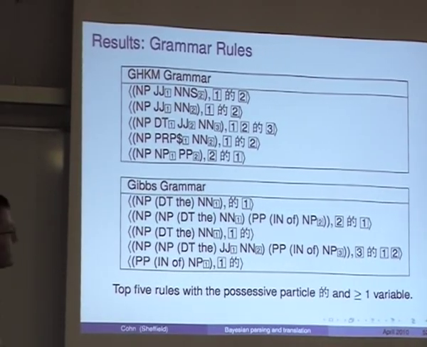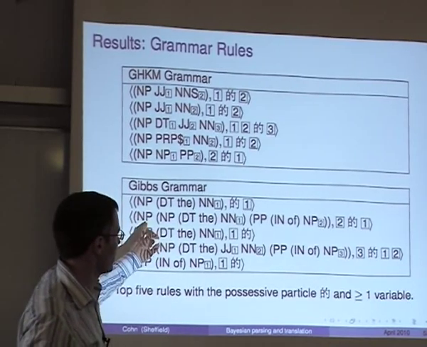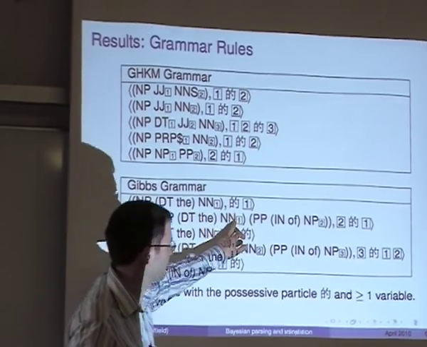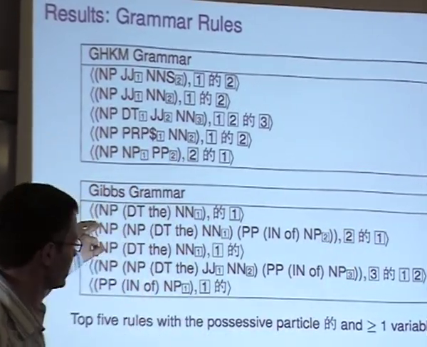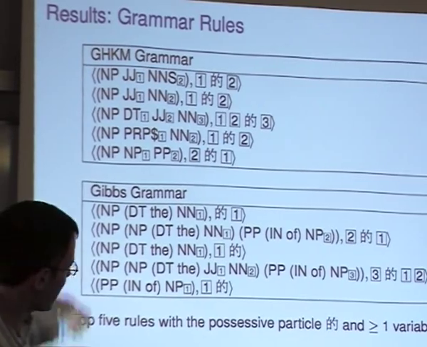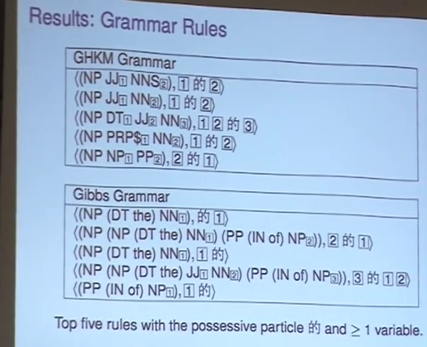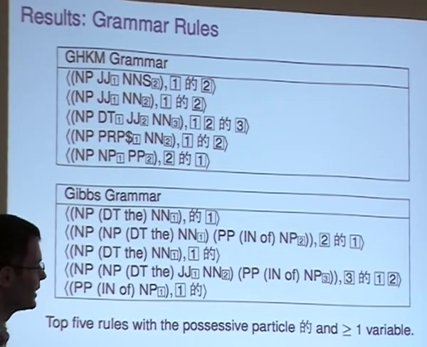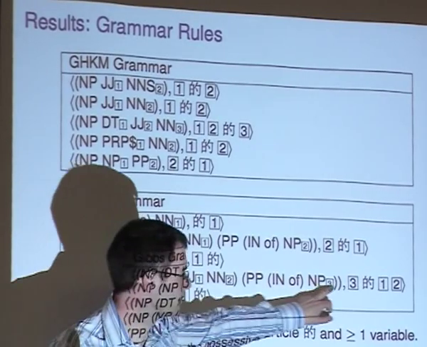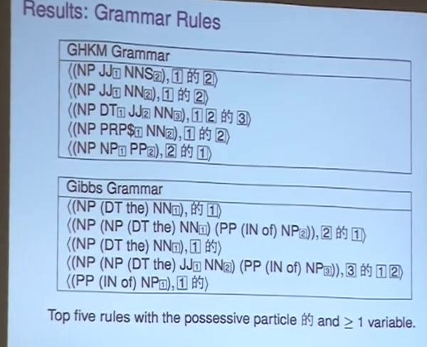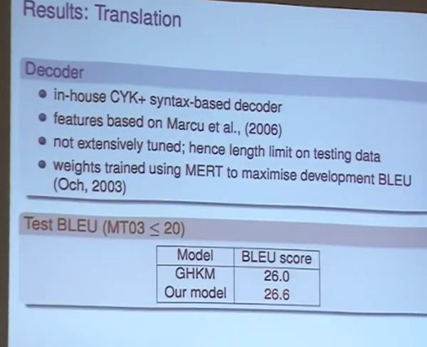When we look at what our model learns, it learns slightly deeper rules. So for instance, the second one here, we have a noun phrase with the, noun, of, noun, and it's learnt the reordering. So this is really the rule that you'd like it to learn. The most popular one is to learn that noun phrases start with 'the', which is fine, but even the fourth most popular one also does something very interesting with the reordering. So it's good to see that it's been able to do this.